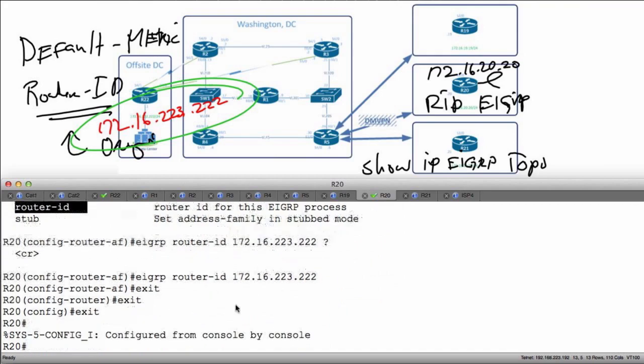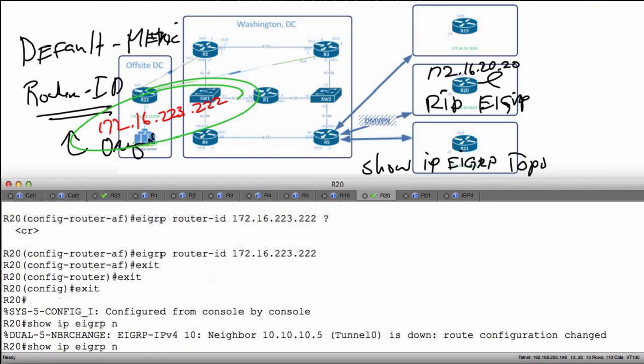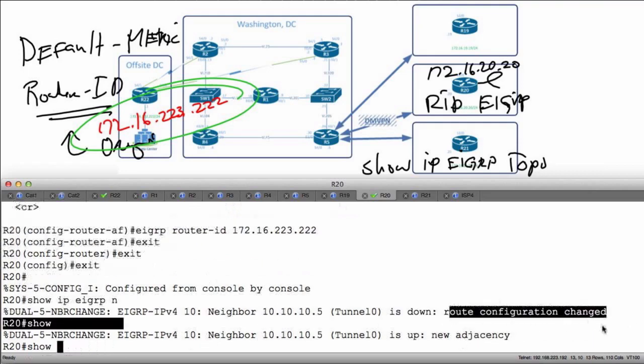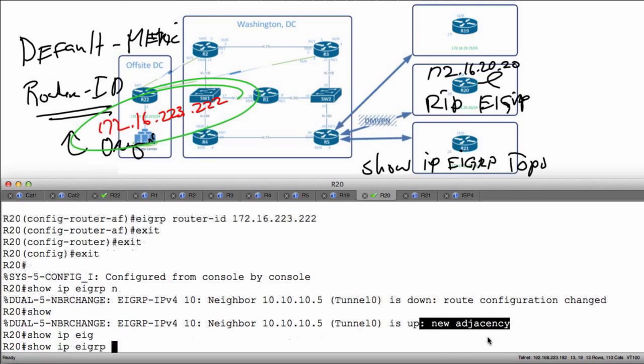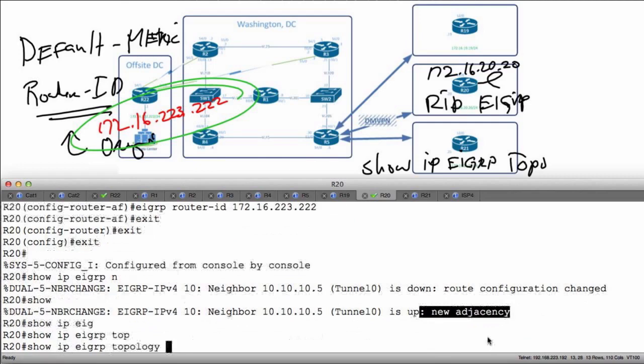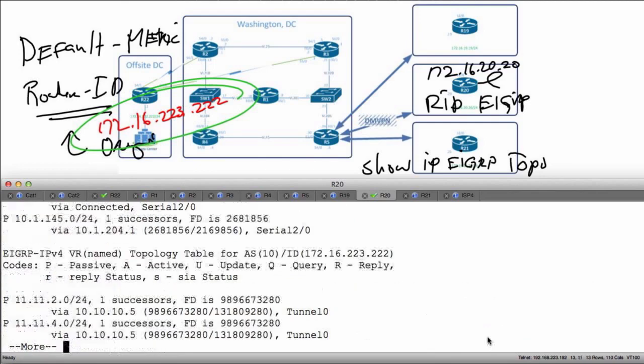Okay, let's see if this is being used now. So show IP EIGRP topology, and it went ahead and did it on its own. Notice that the neighbor went down, route configuration changed, we have a new adjacency. So if I do show IP EIGRP topology table and hit enter and just scroll up,